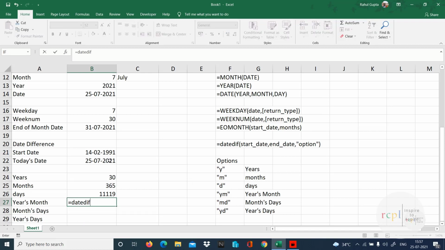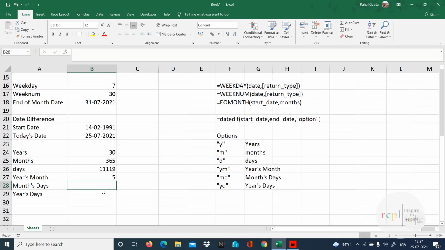Now let's take out here the date diff function, we should get 5 months, because 12 times 30 is 360 and it's 365 over here, ym. So I got 5 months. So now I can say the age of that person is 30 years 5 months, and also in days, so is equal to date diff, this one comma within double quotes md, 11 days.